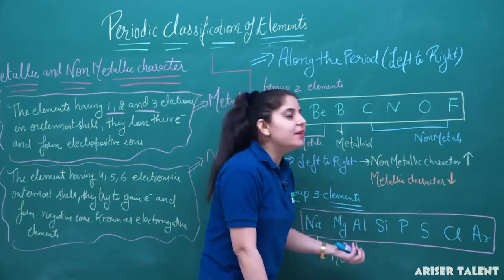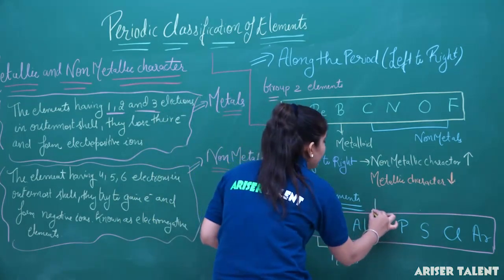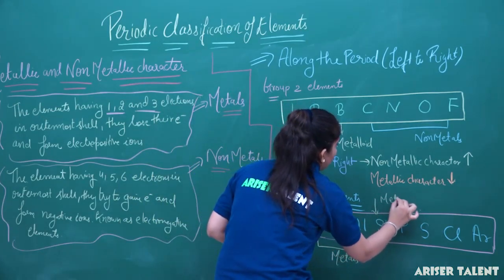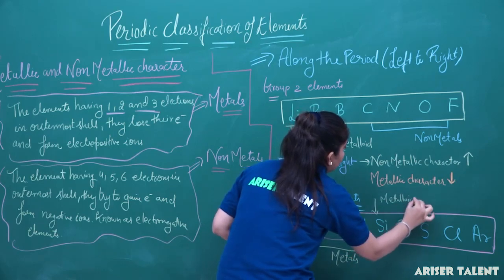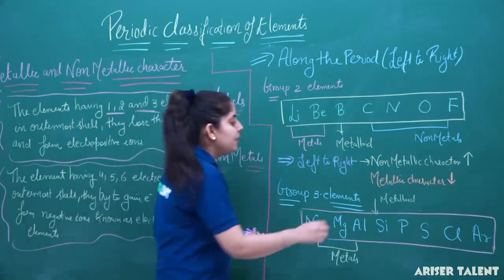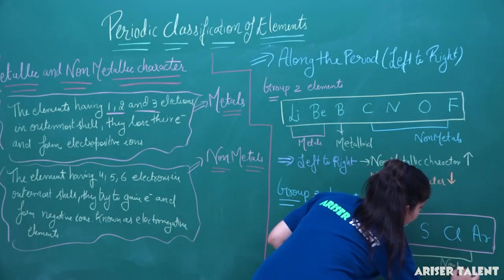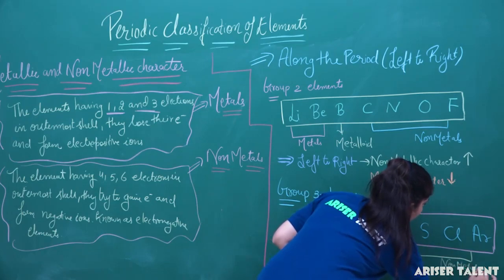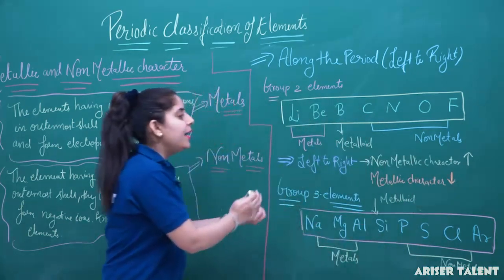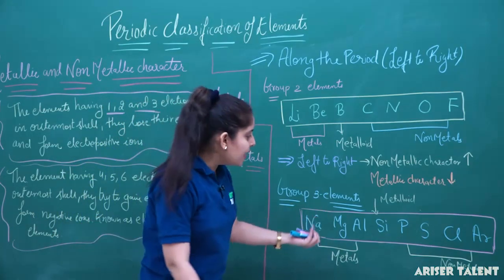Now, if I am considering silicon, it is showing the characteristic of metalloids, so it may be counted as a metalloid. And starting from phosphorus, sulfur, chlorine and argon, these are non-metals only. So what trend in the periodic property of the elements are we observing here? We can see that